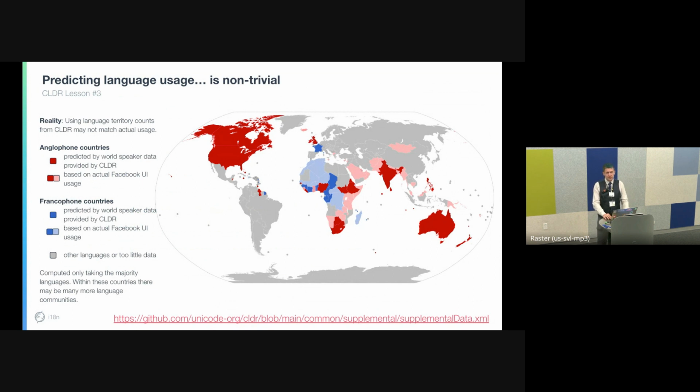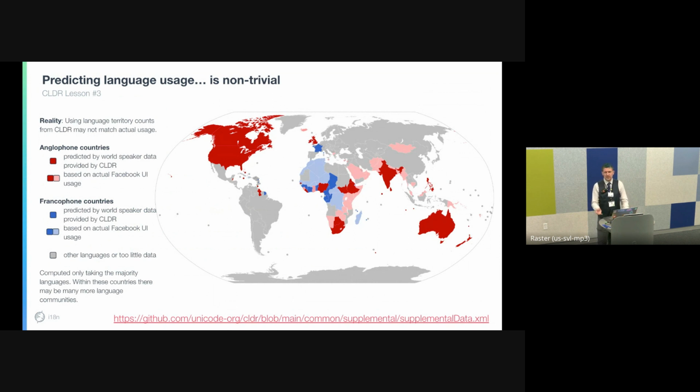However, in the lighter colors, the pink and the lighter blue, you can see countries where the majority of people are actually using the interface in English or French, including Saudi Arabia. Now, part of that could be our own problems that we have to fix, like right-to-left bugs. But why do so many people in Saudi Arabia prefer English over Arabic? That's really surprising.